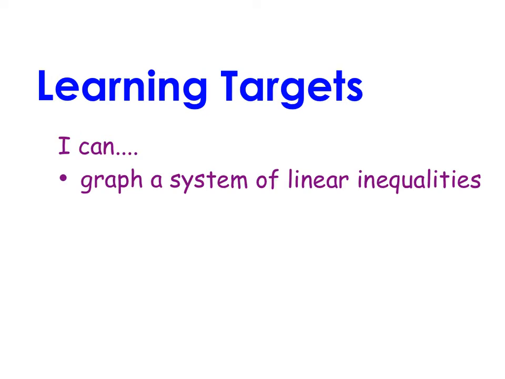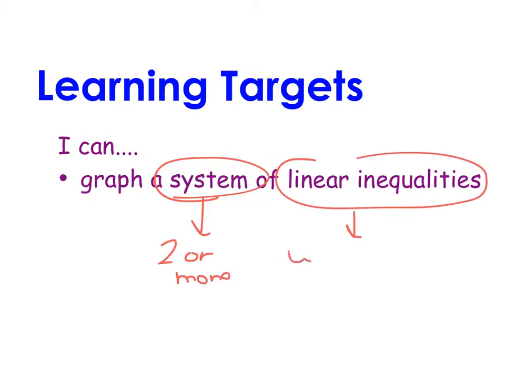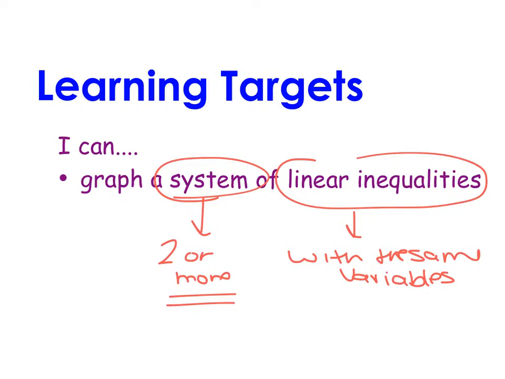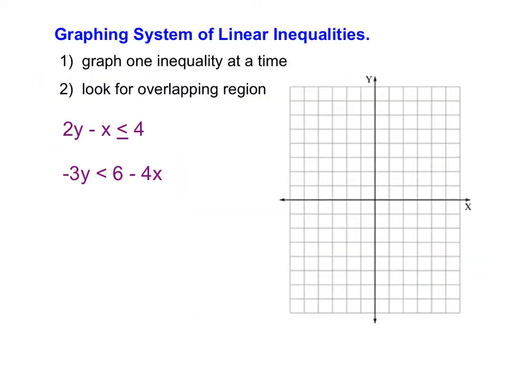In this video, we're going to graph a system of linear inequalities. And remember, a system means two or more linear inequalities with the same variable. So we're going to be focusing on those linear inequalities, the ones with the dotted lines or solid lines and the shading. And there will be two or more that we will put on the exact same coordinate plane. So in this lesson, if you know how to graph a linear inequality, you know how to graph a system